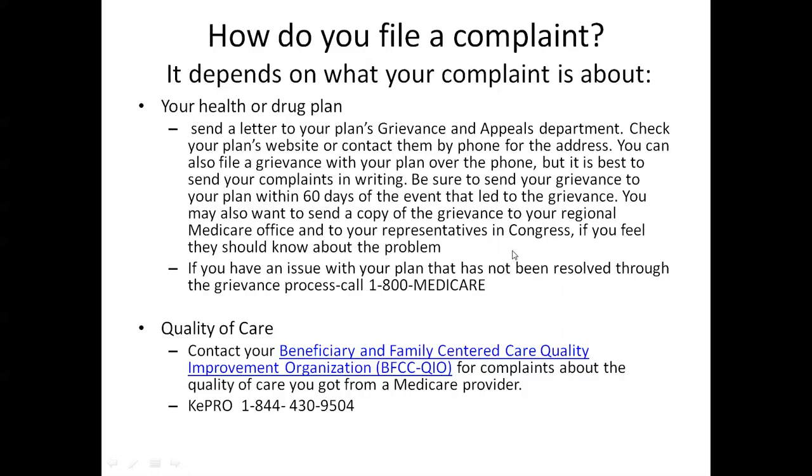You can also send a complaint to your representatives in Congress if you feel that your problem hasn't been addressed. Of course, you can also call 1-800-Medicare to file a complaint if you think your plan has not done what they need to do. Now, if there's any quality of care complaints, those actually need to go through our Beneficiary